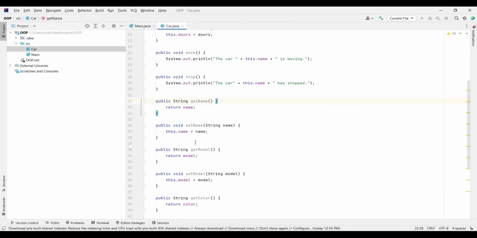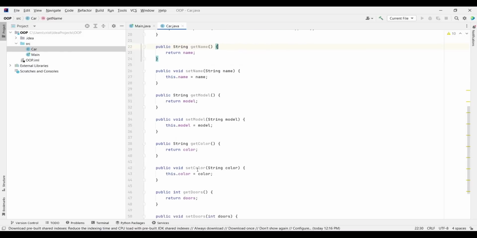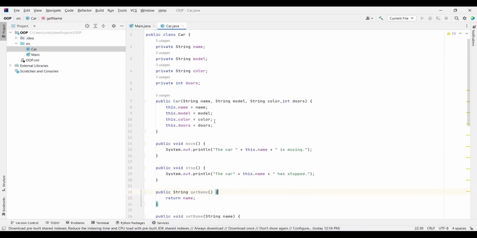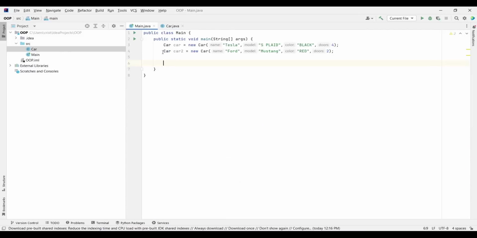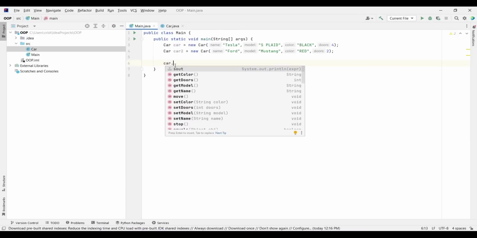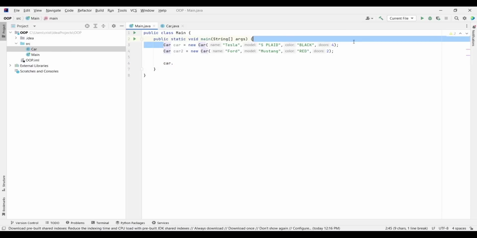First we have a getter, we have a setter, we have a getter, we have a setter. So we have now getters and setters for our fields. So now if I go here and I type car1 dot, and now I have get color, get doors, get model, get name, and those functions are called on this specific object that is created here.